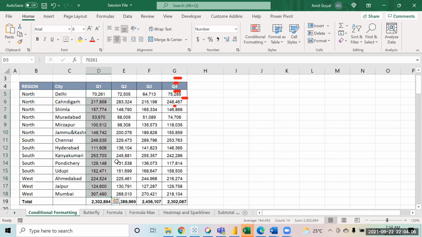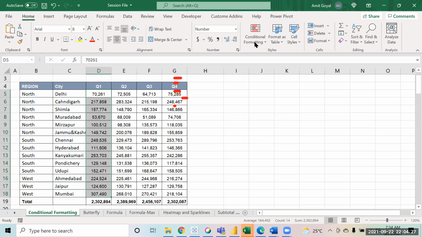For quarter one, I want to highlight those cities where the sale was more than 2 lakh. Wherever the sale was more than 2 lakh, I want to highlight that. So how can I do it? I'll just show you that.